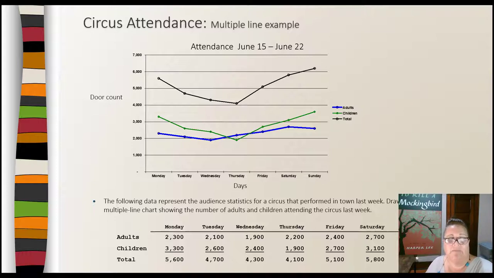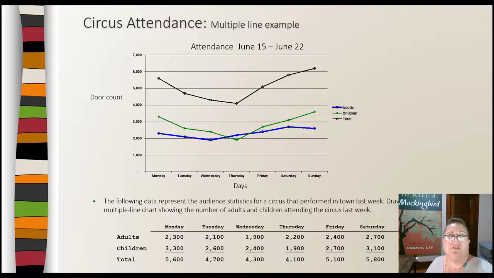Notice on Monday, we have the number of adults as our blue line here. On Monday, we have 2,300 adults. Notice how that point is plotted on Monday at 2,300. And then for children, we have 3,300. Notice again, that's Monday and 3,300. And then we also have our total, which is the two together at 5,600. You can take any one of these lines in and of themselves. You don't need to put all three on at once, but this is one way that we can then quickly